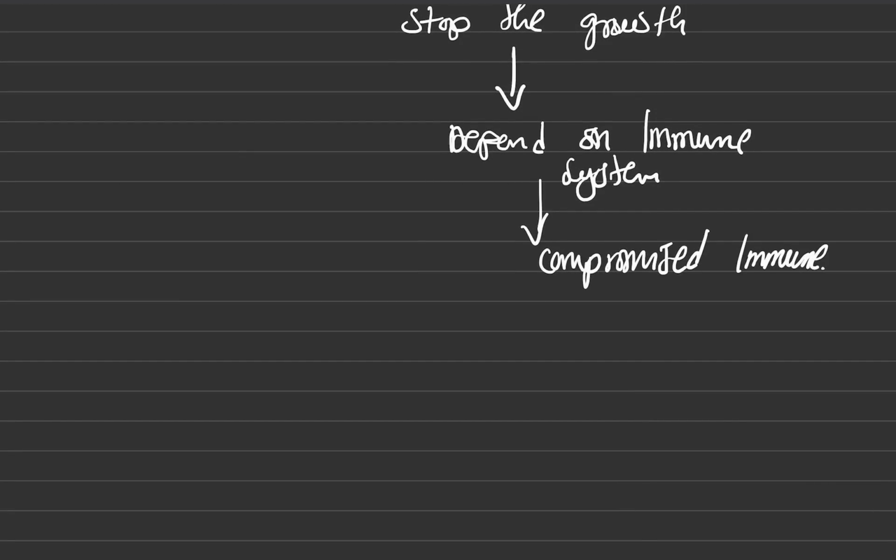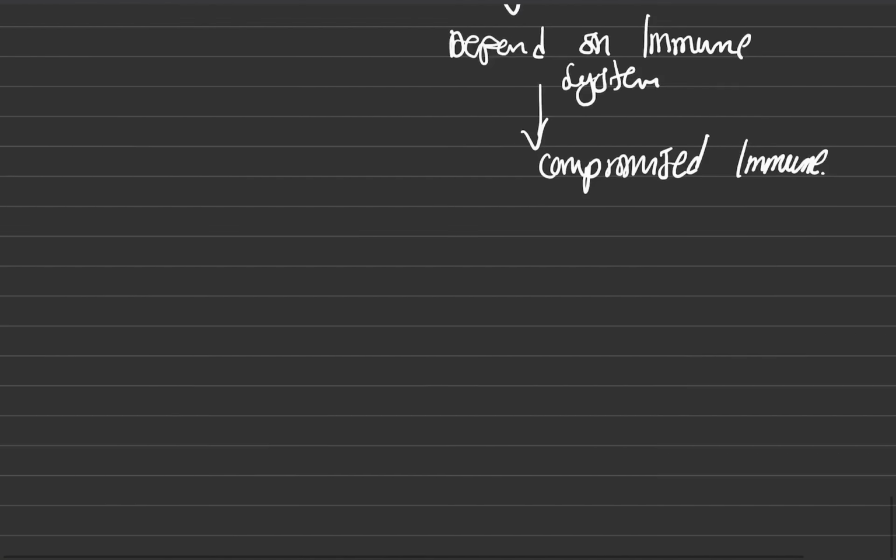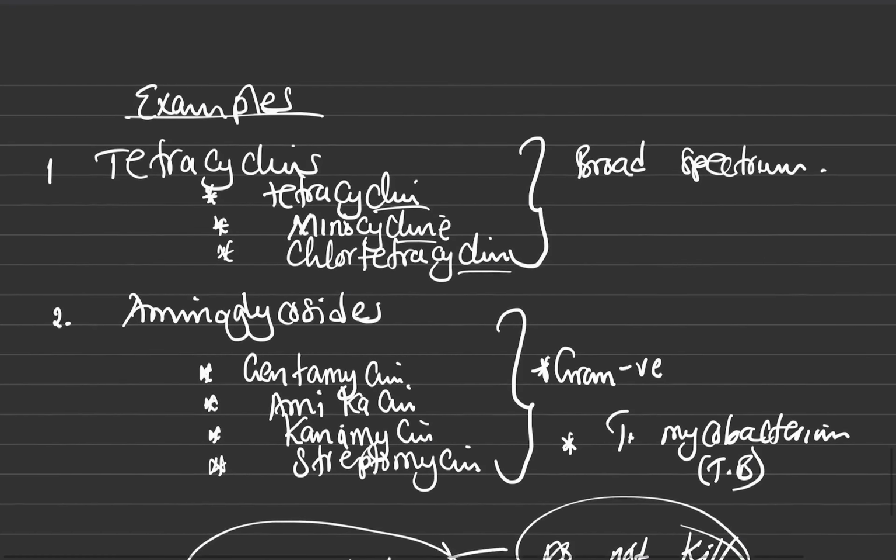Now, tetracyclines are quite broad spectrum. Aminoglycosides are good for gram-negative microorganisms. Some of them, like amikacin, kanamycin, and streptomycin, are reserved for tuberculosis, mycobacterial infections, the so-called TB. They are good for the TB mycobacterium. So practice these, and we'll see you